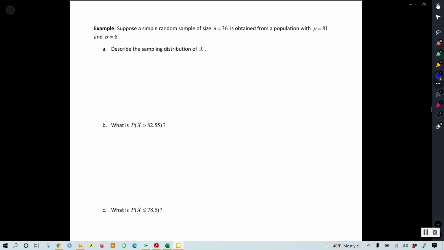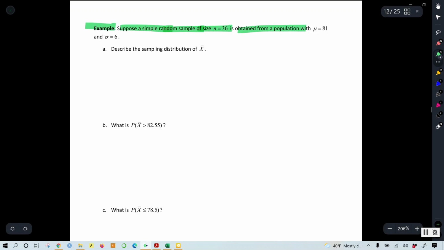We continue our discourse on sampling distributions with this first example. Suppose a simple random sample of size n equals 36 is obtained from a population with mean of 81 and a standard deviation of 6. In this case, assuming that the population we're coming from has a normal distribution, then we can describe the sampling